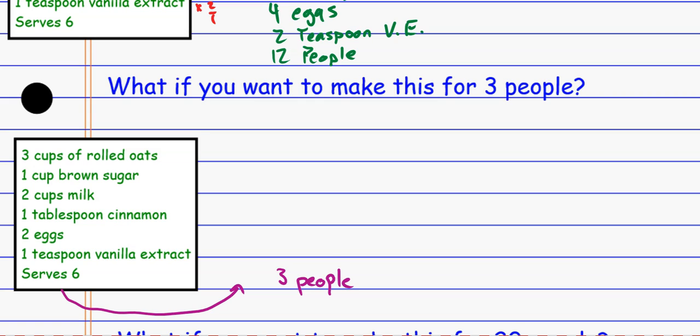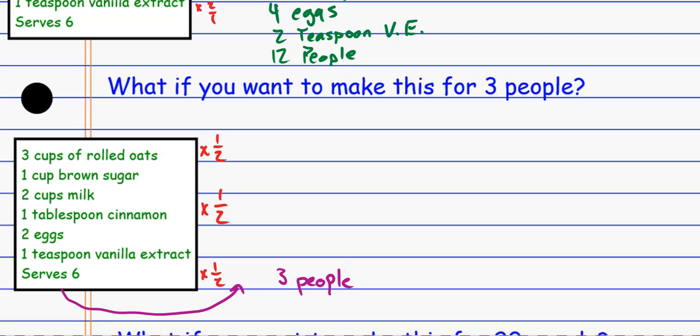And so as I think about that, that means I would have to multiply the recipe. I want to cut it in half, so I'm going to multiply by 1/2. So it's the same thing we did before. It's the same ratio, but we want to go to the smaller value this time. So I'm going to multiply each of these things by 1/2. And I'm not going to write that over and over again, but multiply all this stuff by 1/2,